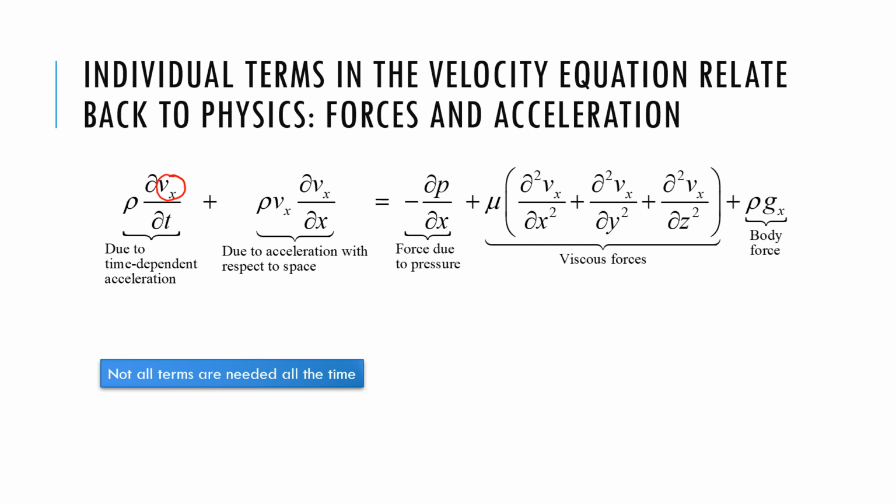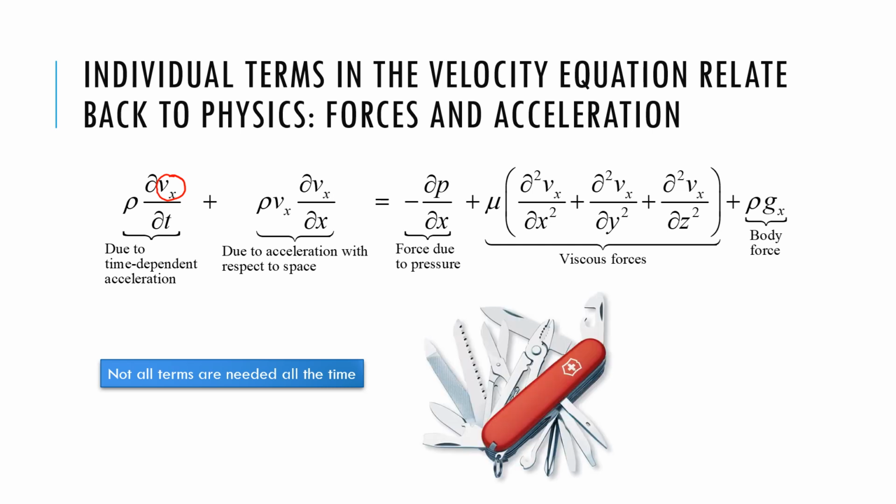So I would like to think of these as like the Swiss Army knife, that even though we have many different tools as part of it, we don't need all of the tools all of the time. So likewise, we don't need all of these terms all of the time. And so which ones do I need? It is much easier to actually deal with this equation, simplify, if we always relate the terms to their physical